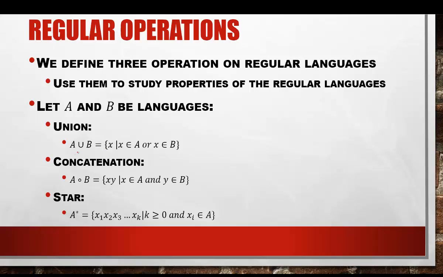The union of A and B, and we show it with this little cup symbol, is equal to the set of X such that X is a member of A or X is a member of B. Notice that this OR is actually a logical OR, and if X is a member of both A and B, it will be a member of their union as well. So this is an easy